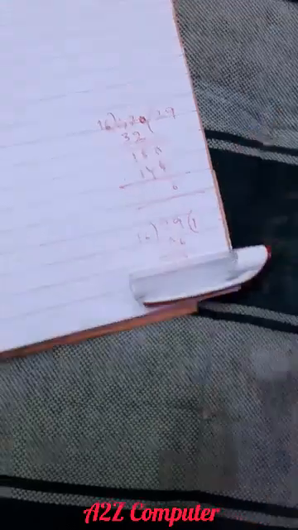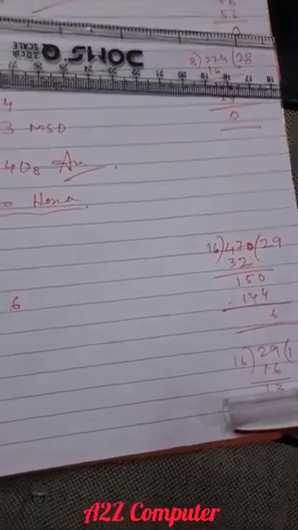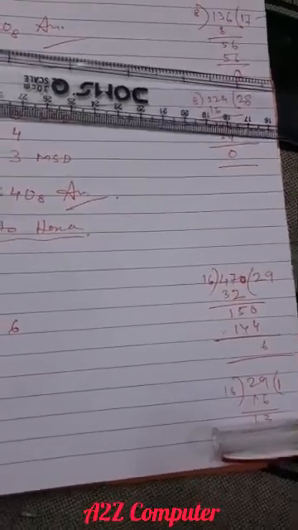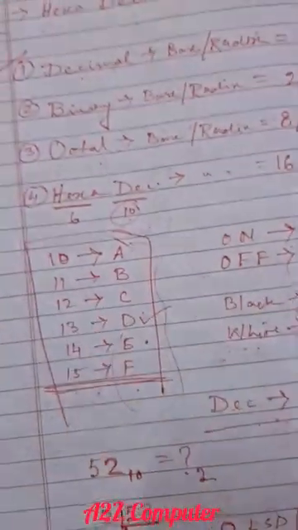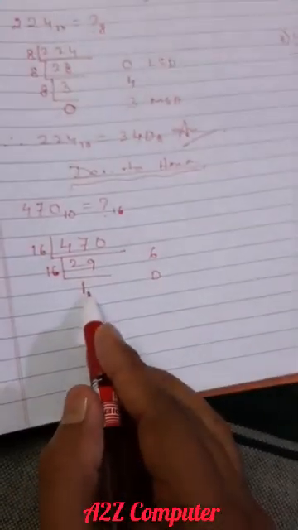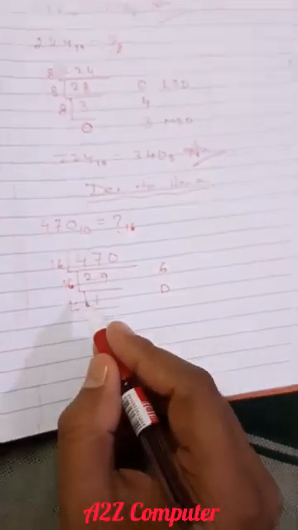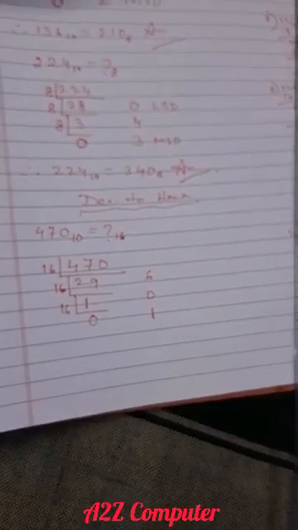Now see 13. As I said earlier, in hexadecimal we will not write 13, we will write its alphabet form. The alphabet form of 13 is D. So instead of 13 we will write D. It is not 0, so we will divide it again by 16. So 1 divided by 16, a smaller number by a greater number, is not possible, so the quotient will be 0 and the remainder is the dividend.